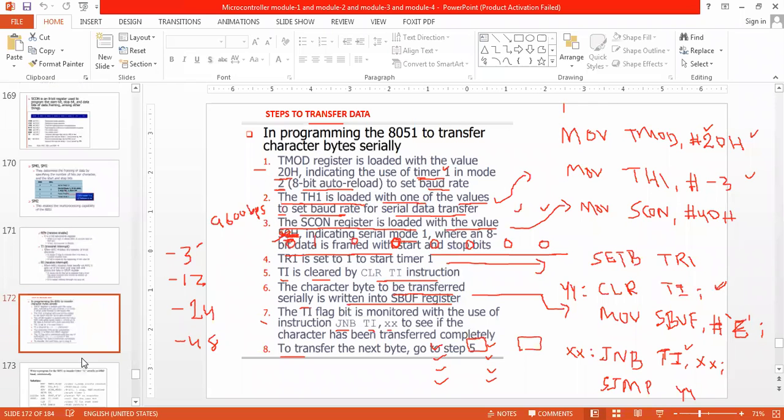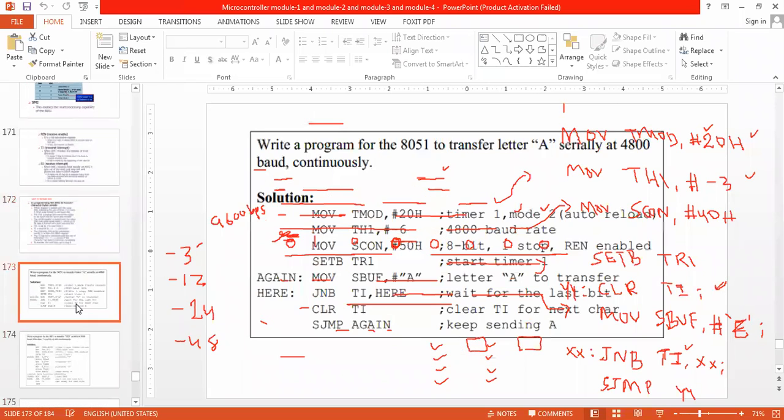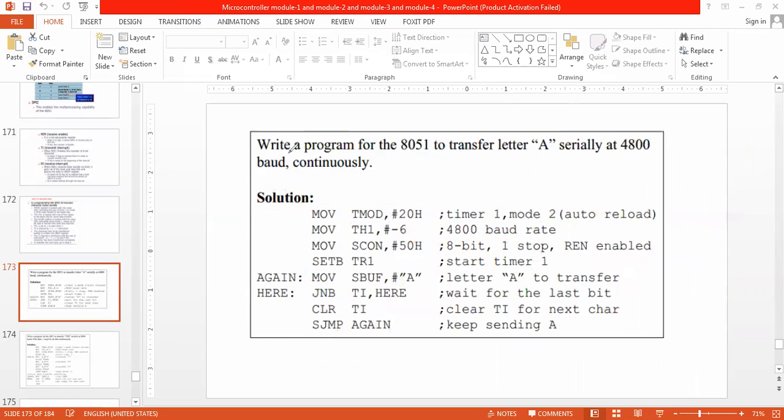Understood? Let us take one example, which will then be understood very easily. Write a program for 8051 to transfer letter A serially at 4800 baud rate.